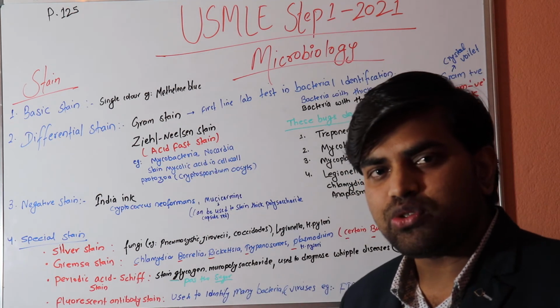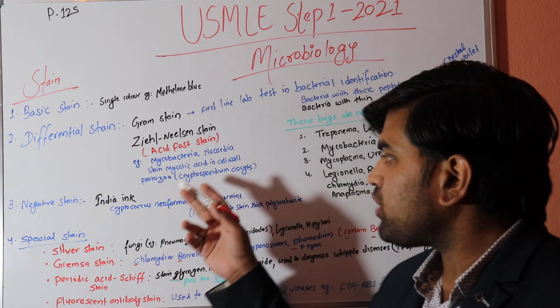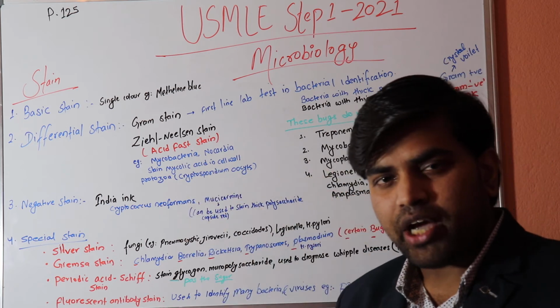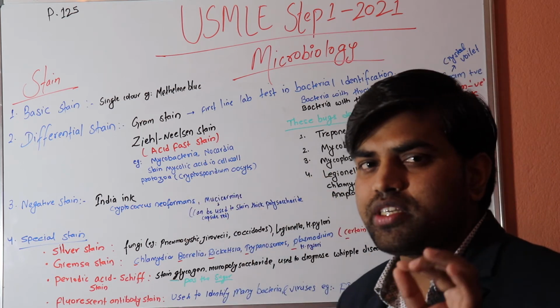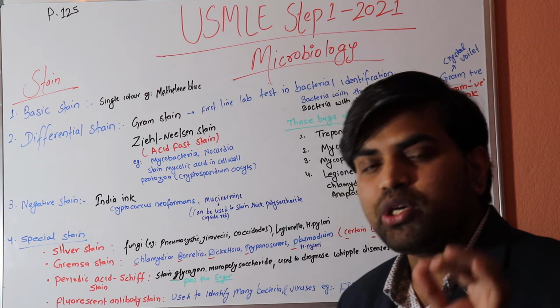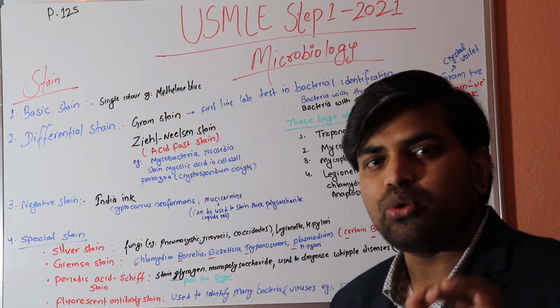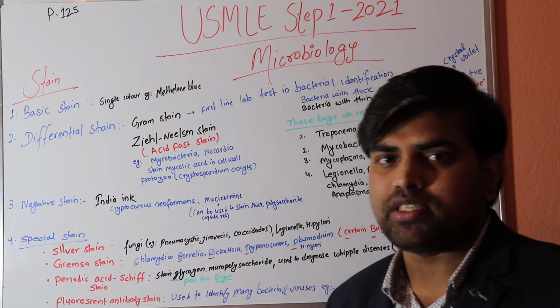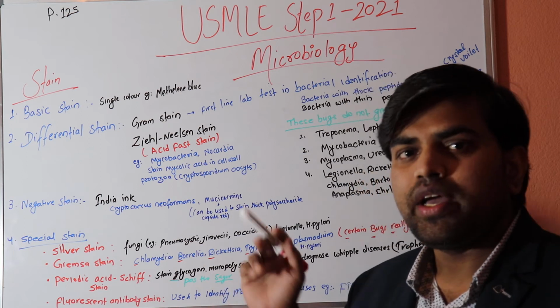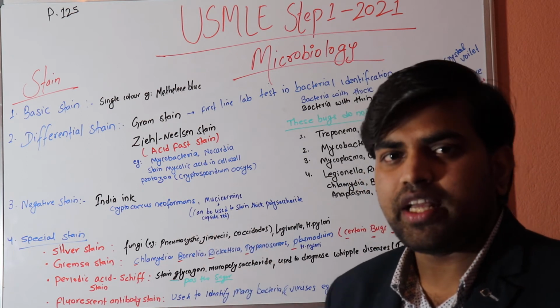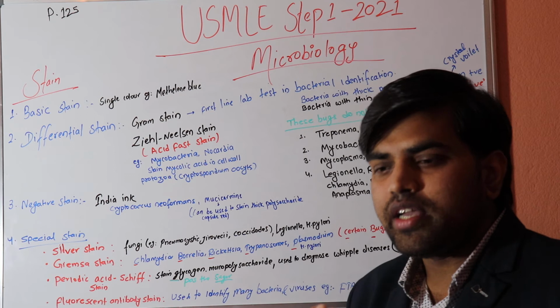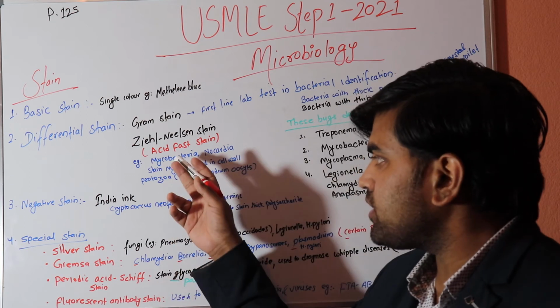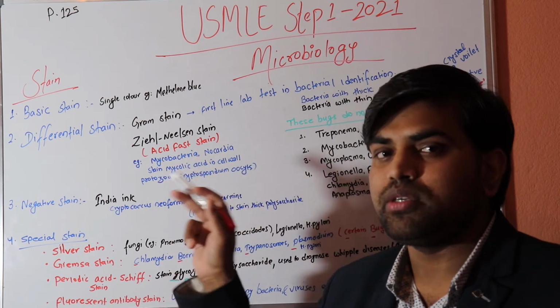So at the end of the procedure, when you use the counter stain, like blue color, the background will be blue, but the bacteria will be present as pink or red color. Why? Because the initial carbol fuchsin color remains even after washing with high concentration acid. The color doesn't get cleared by this high concentration acid, so it is known as the acid fast stain.